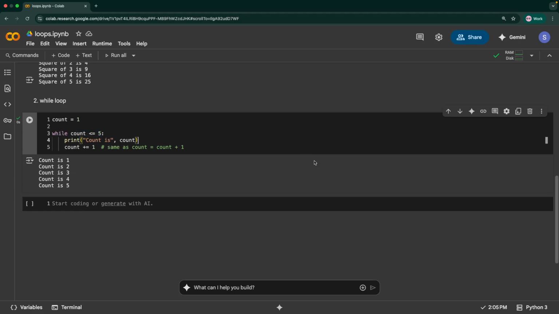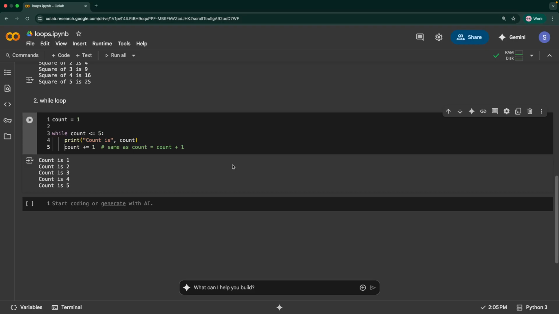But the other main aspect to consider is, if you forget to update this condition, what happens when I comment this out? That means your count will always be 1 and your count will always be less than 5. So this leads to the problem of an infinite loop, which is a big issue. When you run an infinite loop in Colab, the process doesn't stop and it fills out the RAM and all that. So basically your system crashes.